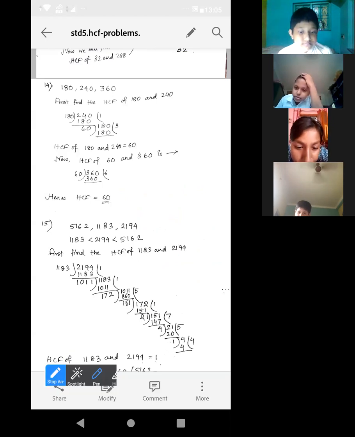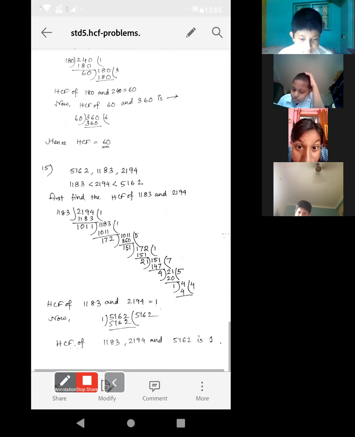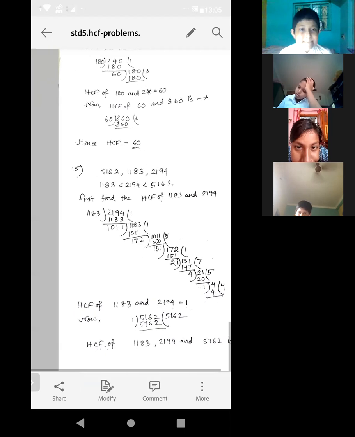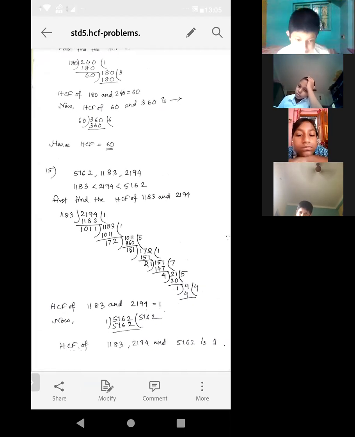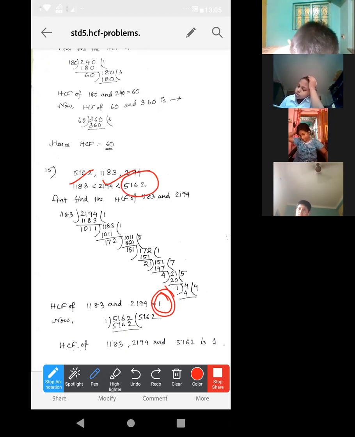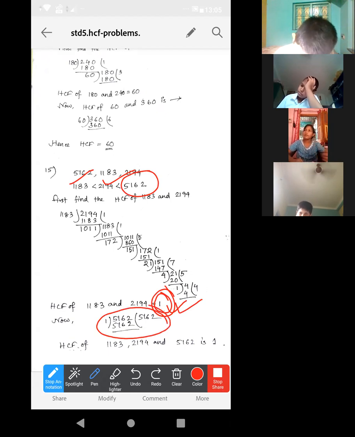After that, if we are getting 1 as the HCF, that is not the end, because we have taken only 2 numbers. After that, we have to divide by this one. As we have got the HCF is 1 of this first 2 numbers, we have to find the HCF of this 1 and this left 1 number. So definitely as it is 1 there, HCF must be 1. Even if you don't, no need to show the division. You can write the reason also: as one number is 1 itself, so their HCF will be 1.